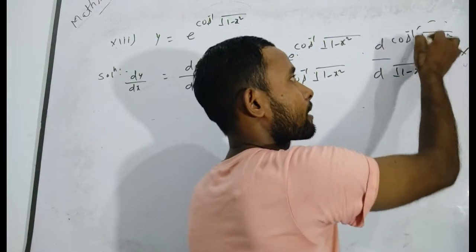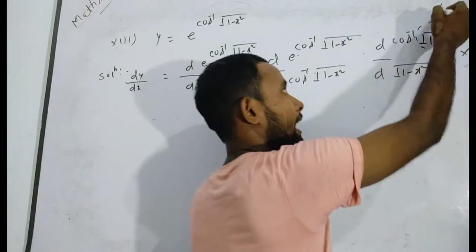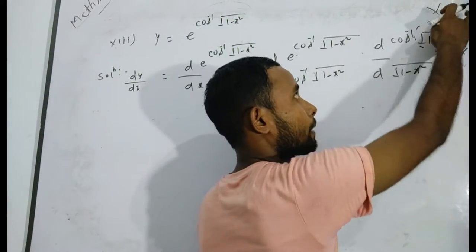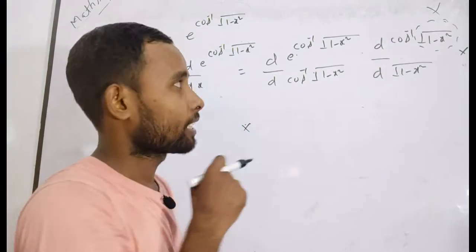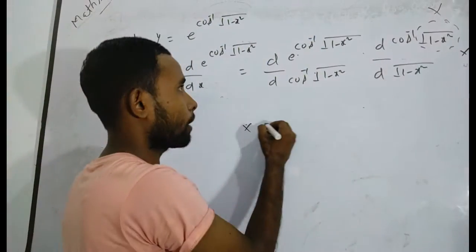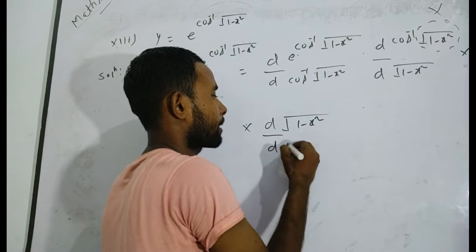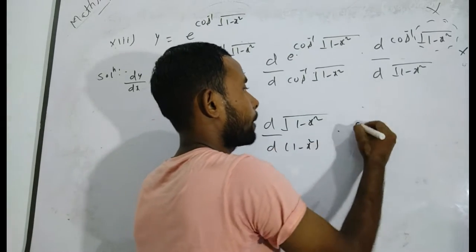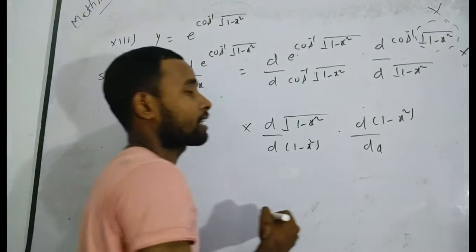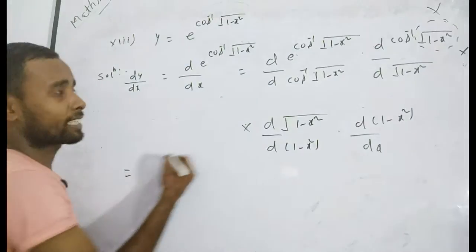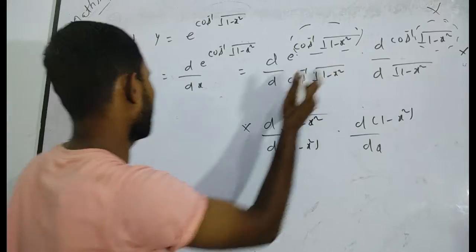Derivative of cos inverse. Suppose that there is capital X. I have already told you derivative of cos inverse capital X with respect to capital X, that's why I want to write it. Again, you have to differentiate 1 minus x square with respect to which function? 1 minus x square. Again, you have to differentiate 1 minus x square with respect to which function? X. These are 3 steps. Now you have to differentiate right here. Derivative of e to the power some term, that means p, with respect to p will be what?